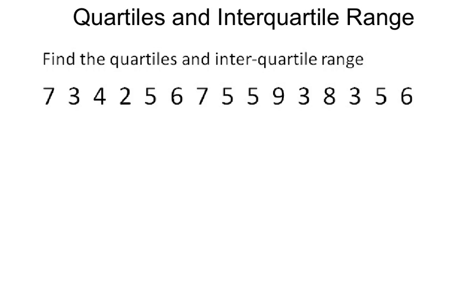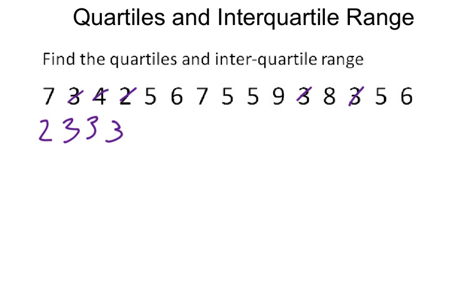So let's look at an example. We're asked to find the quartiles and interquartile range of this set of numbers. As with the median, the first thing we need to do is write the list of data in order. So we start with a 2, then we've got a 3, then another 3 up there, and then there's another 3 there,